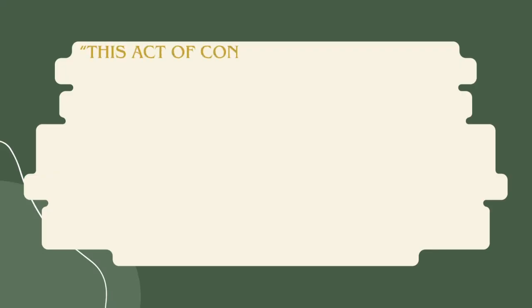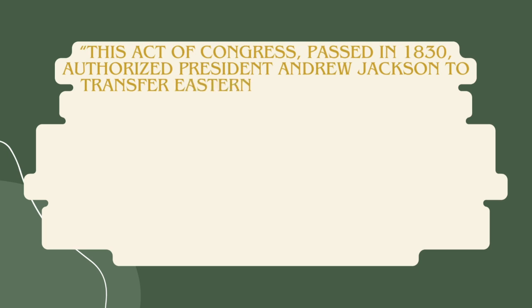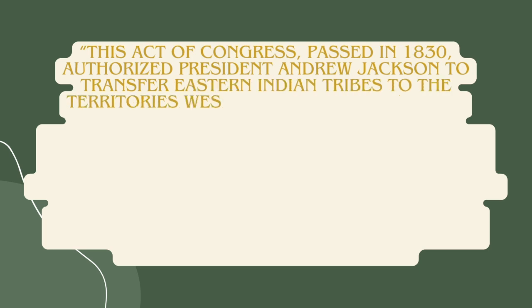This was when we got to see how these racialized bills of the past that separated people in terms of racial hierarchy manifested into a big movement. So, I'll quote the bill itself. This act of Congress, passed in 1830, authorized President Andrew Jackson to transfer Eastern Indian tribes to the territories west